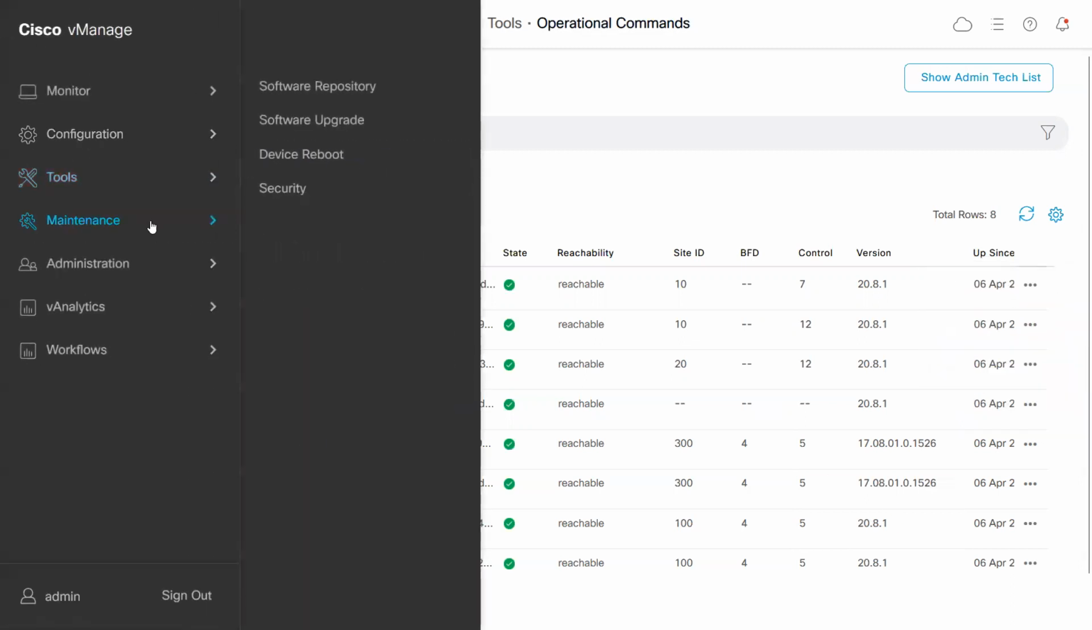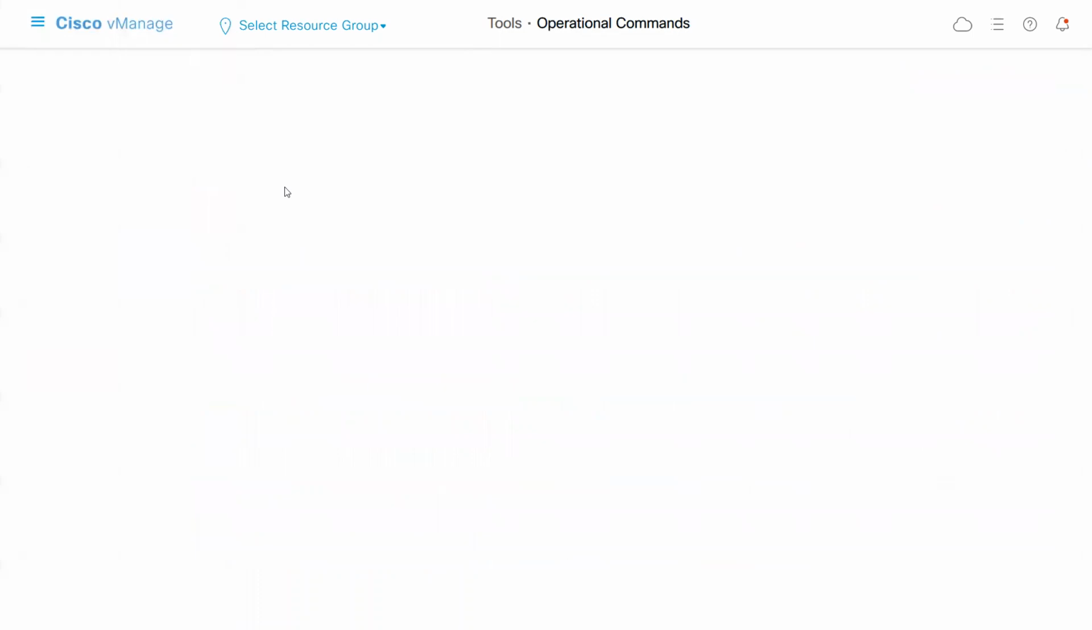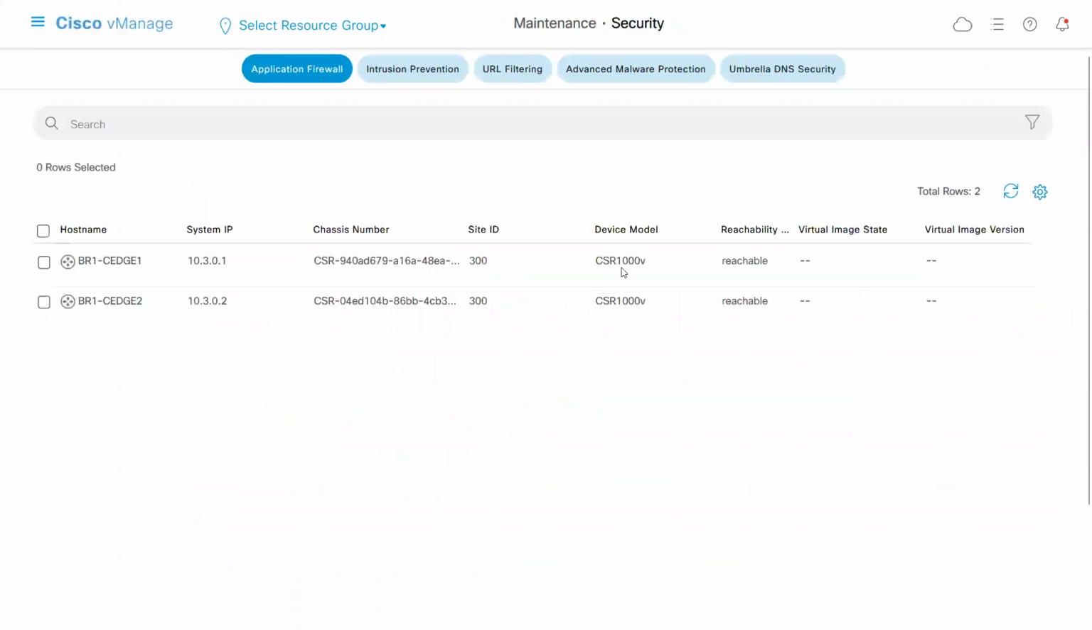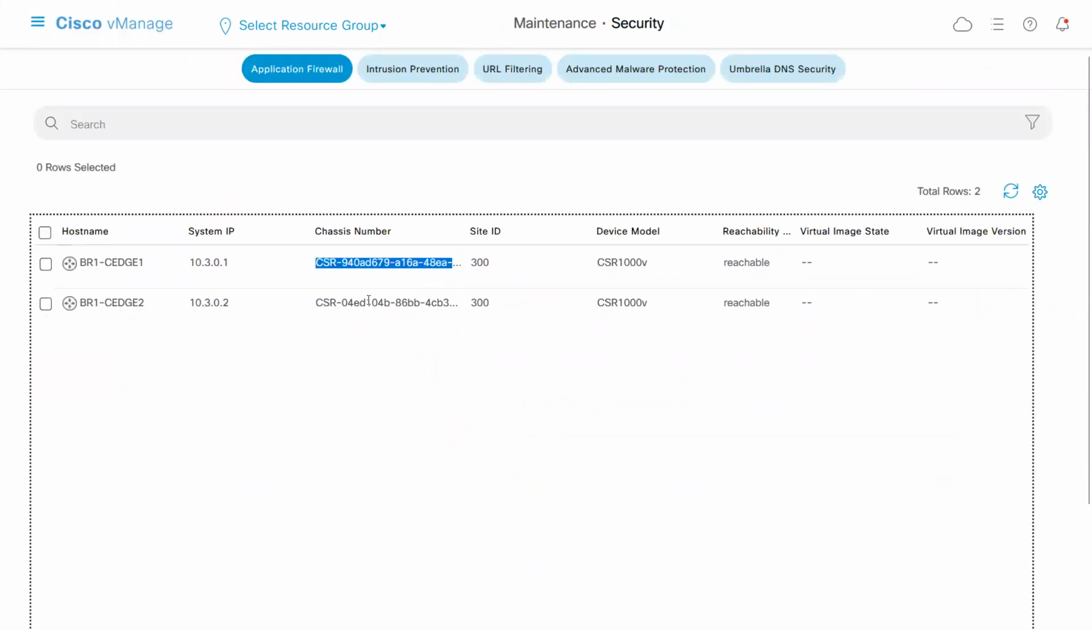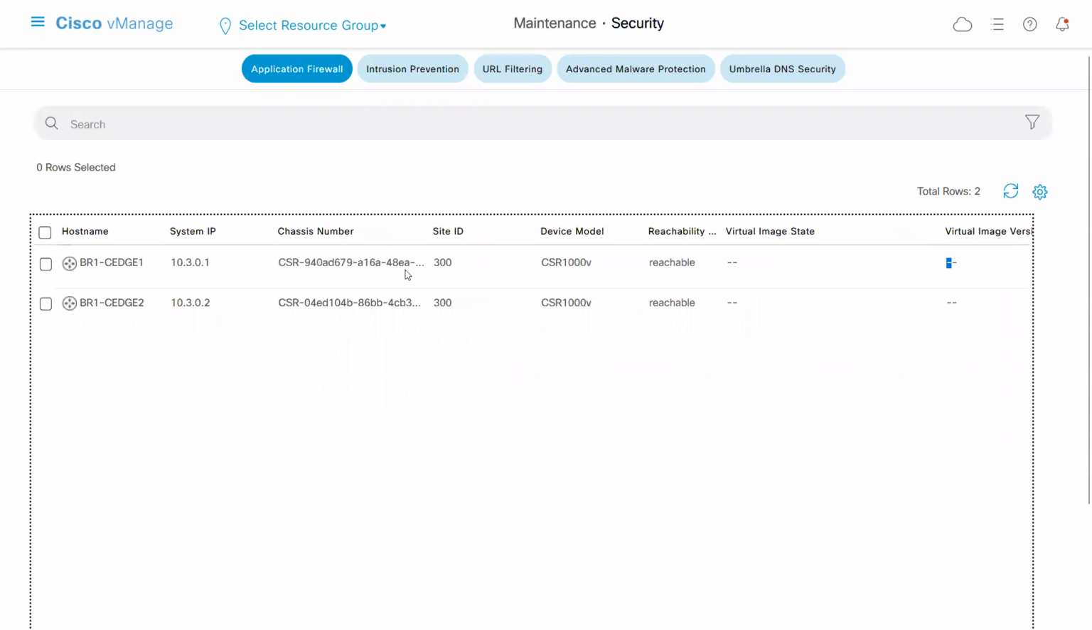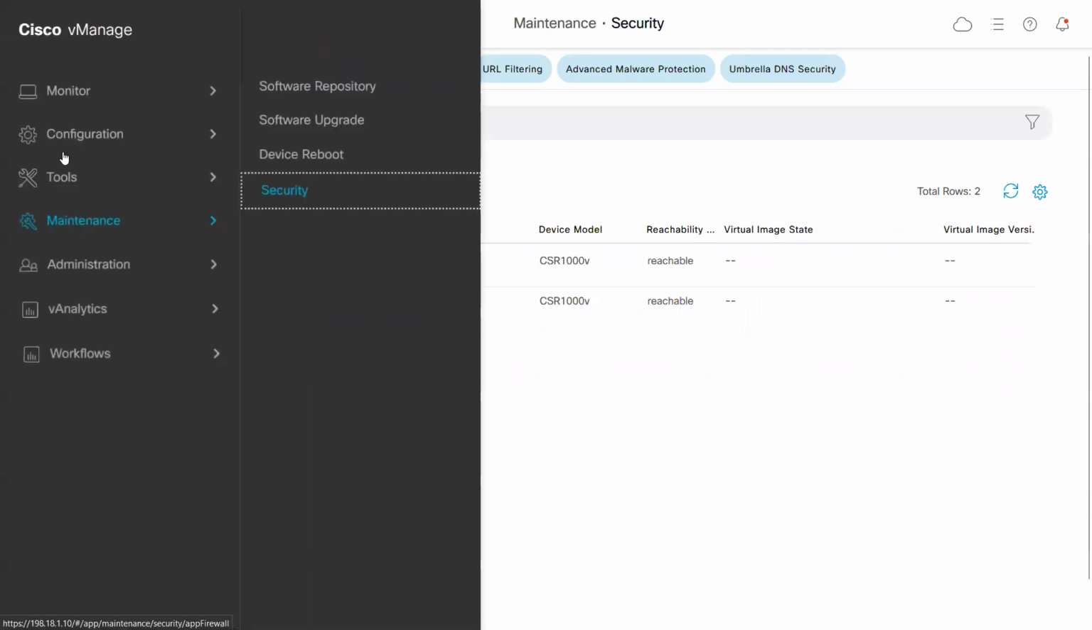From there, then you have the maintenance for software upgrade, downgrade, and security devices, images as well if you have any. On CSR devices we can go and install security containers and images. You can see this virtual image. So those CSR devices can work as a firewall, as an IPS, IDS, as URL filtering,